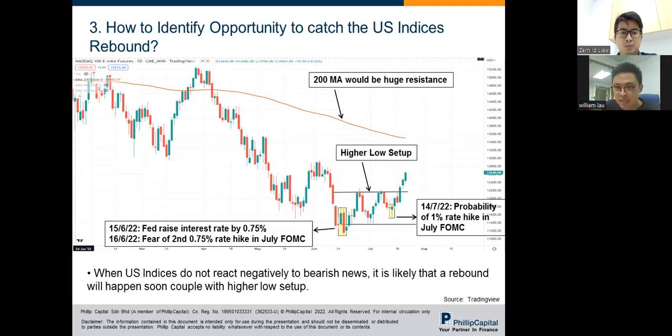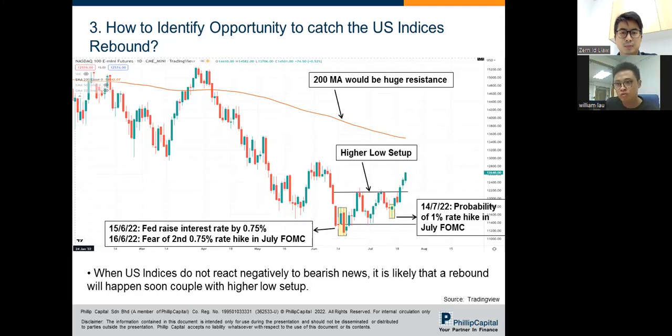There is no opportunity at all? The answer is no, because no matter which cycle, there is always an opportunity to trade. Every time the indexes enter into an oversold territory, there is definitely a very strong rebound. When I say strong, it's an immediate 10 to 15% rebound.